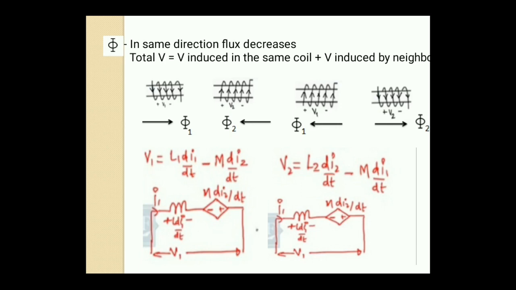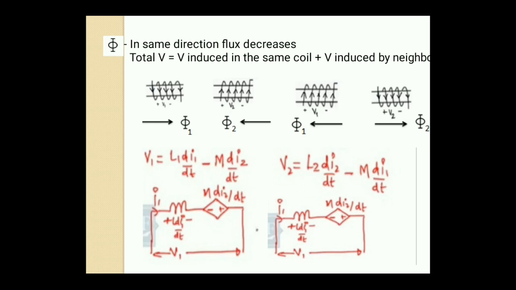In this case, I will write the voltage equation: the net voltage equals self-induced voltage minus mutual induced voltage. Why are we subtracting? Because the mutual induced voltage opposes the self-induced voltage because of the opposite directions of flux. Okay. Now we will write the voltage equations separately.